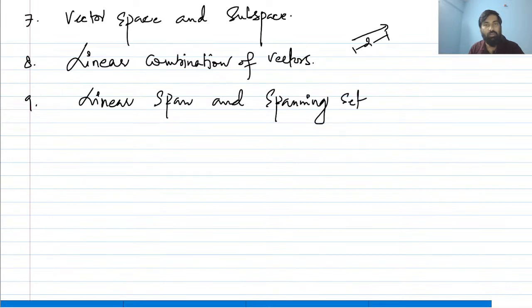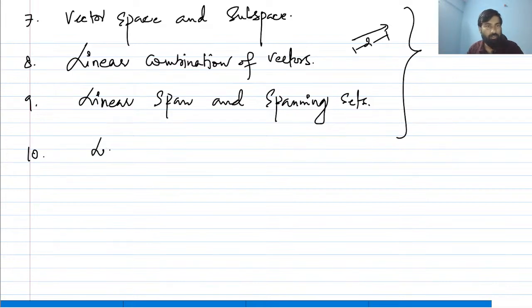Next year IISc Bangalore will be conducting the GATE examination, and they will 100% be focusing on linear algebra, because of AI, data science, and machine learning. I will also give you the objective of why we are studying linear algebra, not only to solve systems of linear equations, but because there are various applications. Today is the first session, so you have to come to know about all these things. Then we will talk about linear dependence and independence.